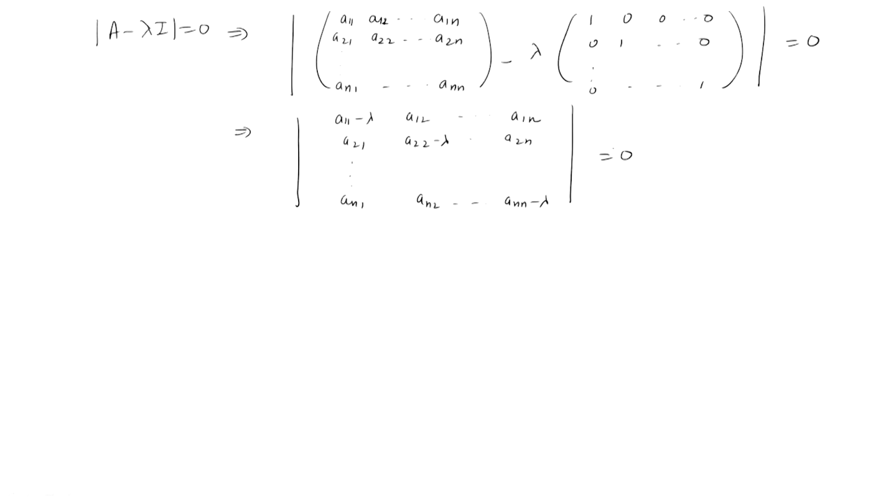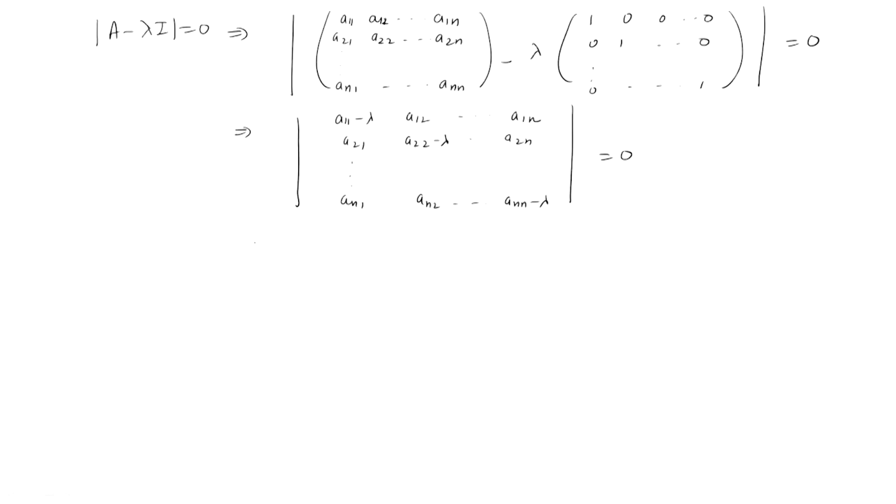So, this will give us a polynomial in lambda, and that polynomial is called the characteristic polynomial. So, this basically gives minus 1 raised to power n, lambda raised to power n, minus say C1 lambda raised to power n minus 1, plus C2 lambda raised to power n minus 2, minus and so on, plus minus 1 raised to power n into Cn, is equal to 0. Because when you expand this in terms of lambda, you will get a polynomial of degree n